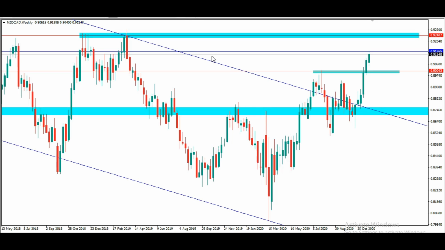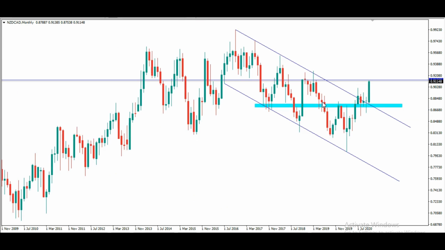Alright, so the next pair on our list is NzdCad, and we'll start from the monthly time frame on this one. We see that we had this descending channel in play. From this area we had resistance, resistance, resistance, resistance, and support through this area, support, support, and then the price came from this double bottom pattern right here and gave us a close above this